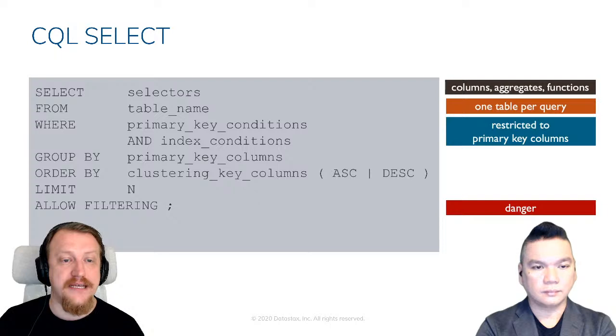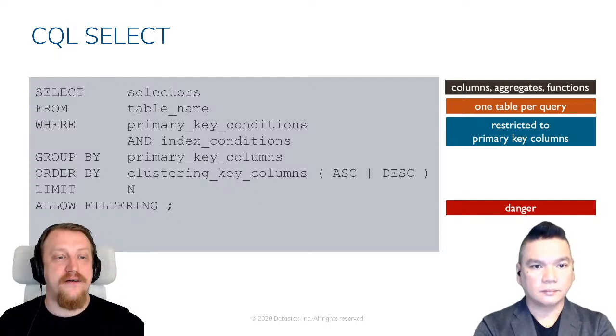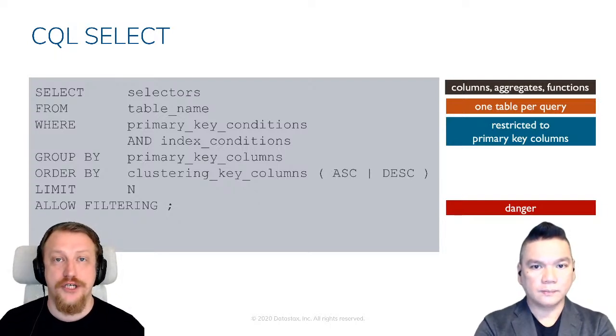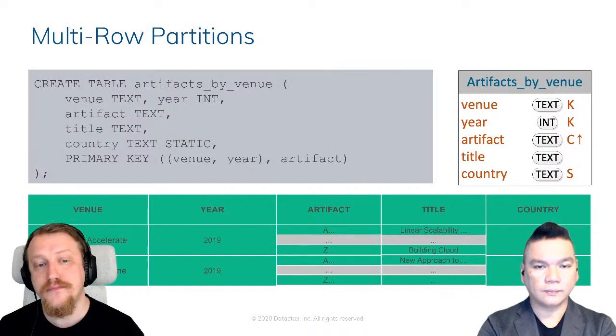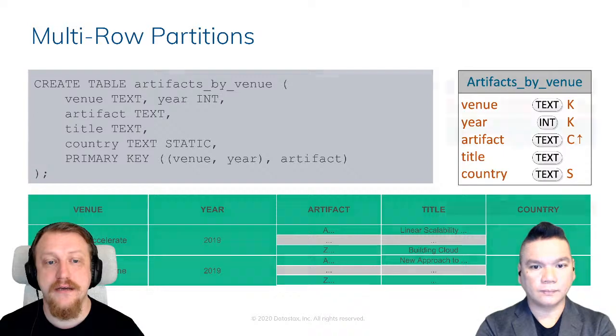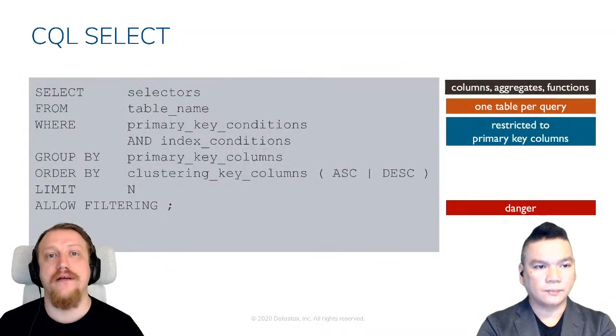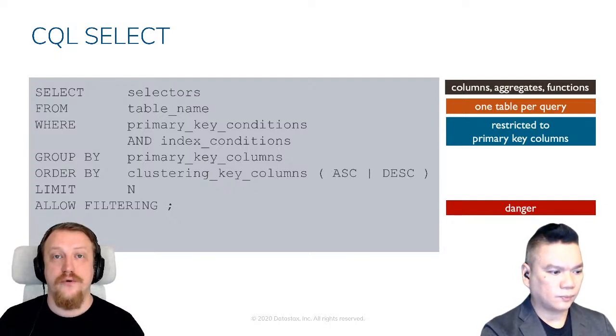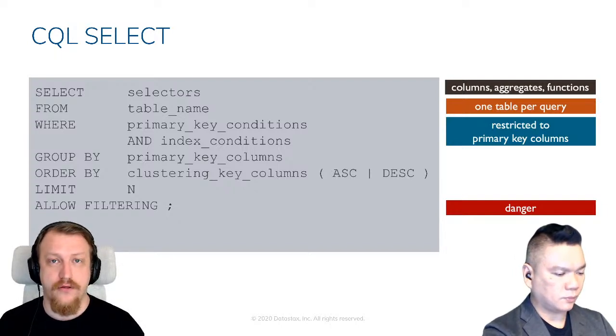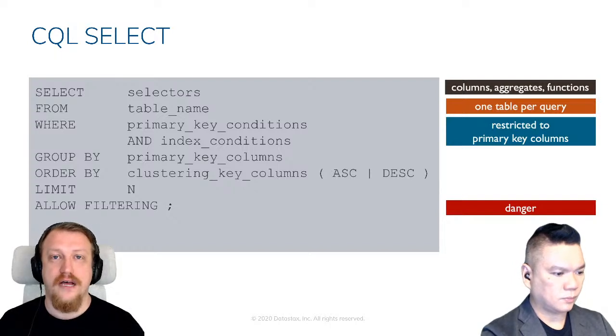And the trick is, if you do not give enough values to calculate the partition, like in the last example where we had venue and year as the partition key, if you don't give them both on the select, then how could the driver calculate which server to ask? There is no way. And what does that mean? Which node are you going to ask? The answer is, you have to ask all of them. That's called a full cluster scan, and that's what you have to avoid at all costs.